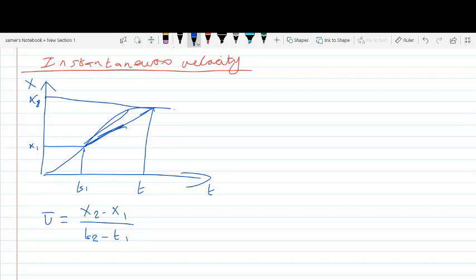Now, at a point, the 2 points will be 1 point, and in this case, we are calculating the slope of the tangent line at a point. The slope of the tangent line is called physically the instantaneous velocity,